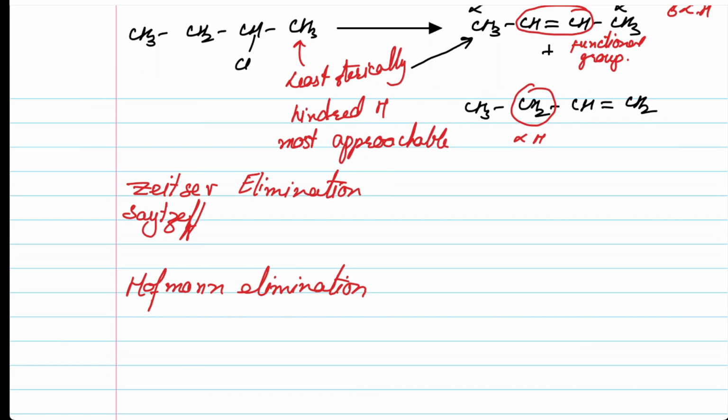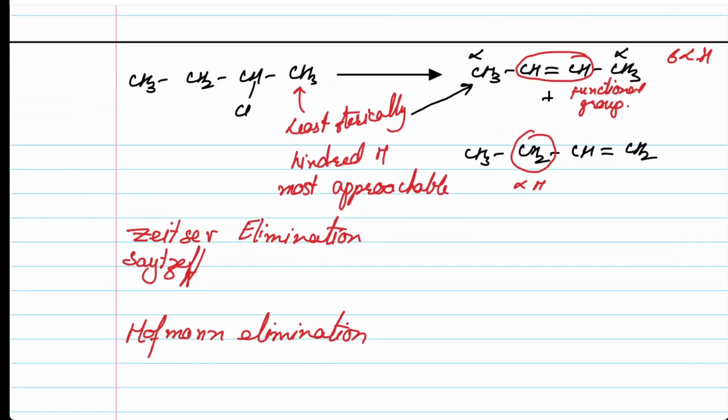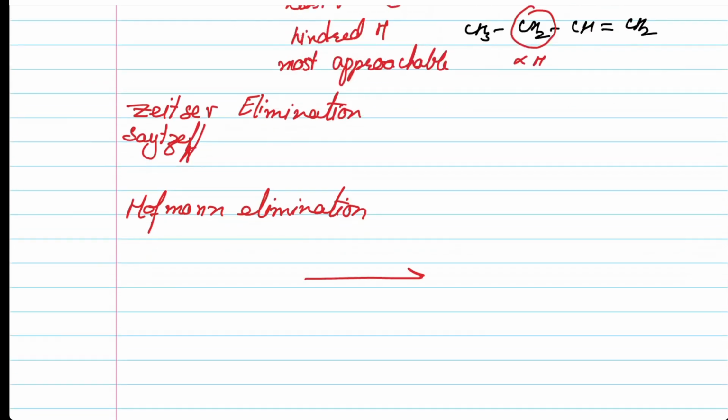In this particular thing, we can have the Hofmann product as a major product as well as the Zeitsev product as a major product. If we have small, strong bases, then Hofmann elimination is less and Zeitsev elimination is more. So in this particular case, if we use alcoholic KOH